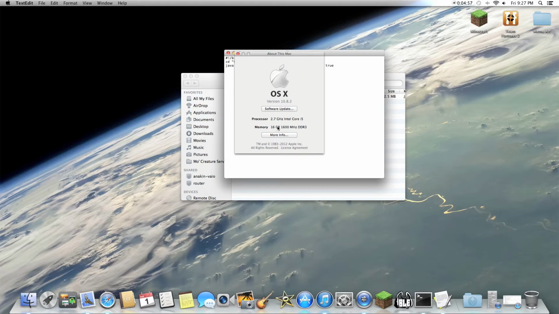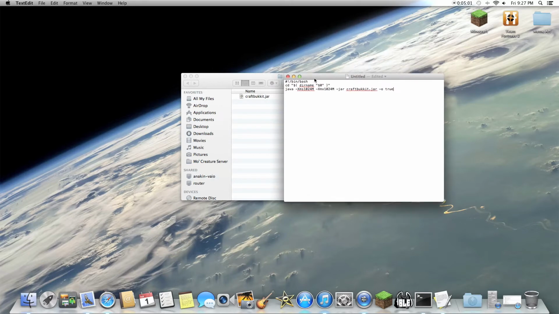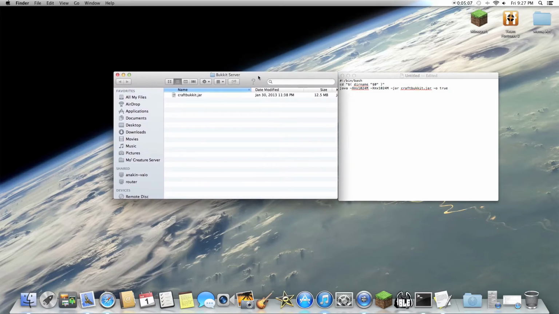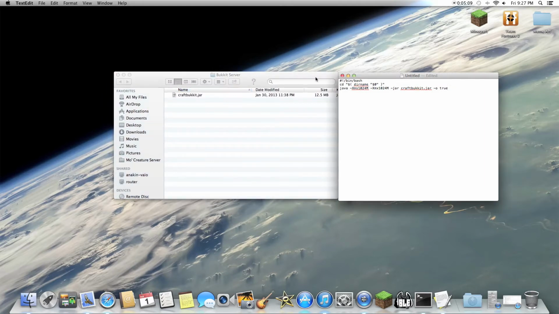Like 16 gigabytes. Also, if you're hosting a server, I recommend you have a good internet connection. Otherwise, it's gonna be really laggy and lousy, and no one likes laggy and lousy,